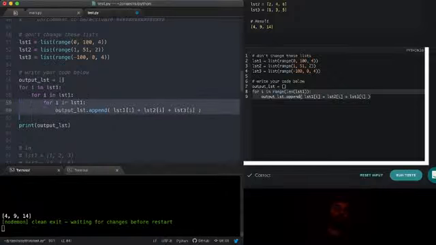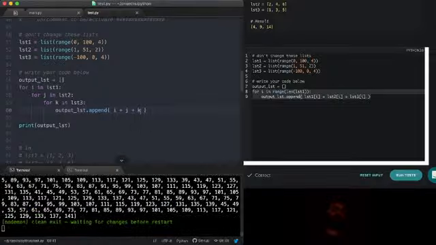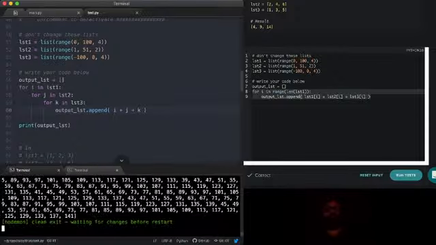And say I, J, K, and list 2, list 3, and we'll do I plus J plus K. This is going to give us a different result, but if the question was formulated differently, like add together all the numbers in every combination, right?